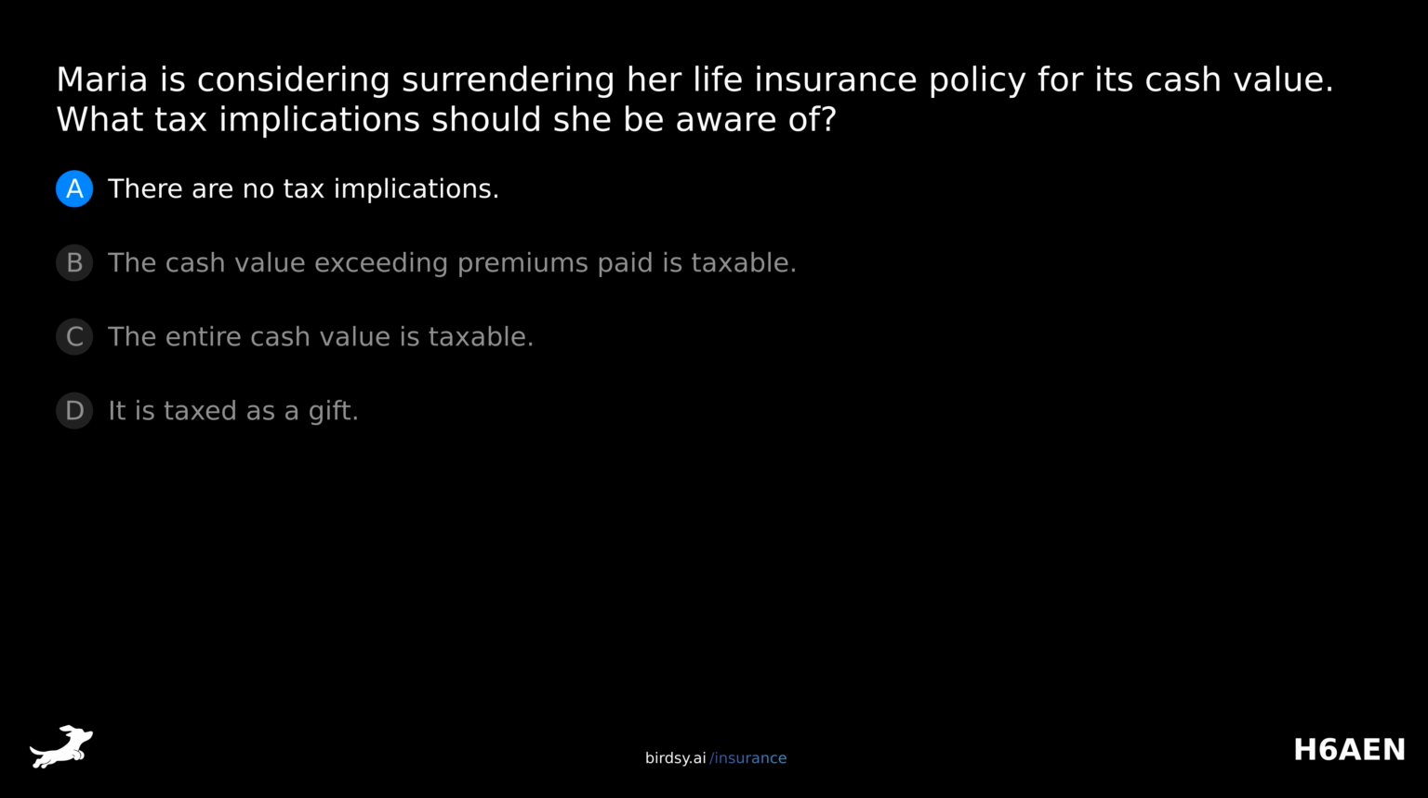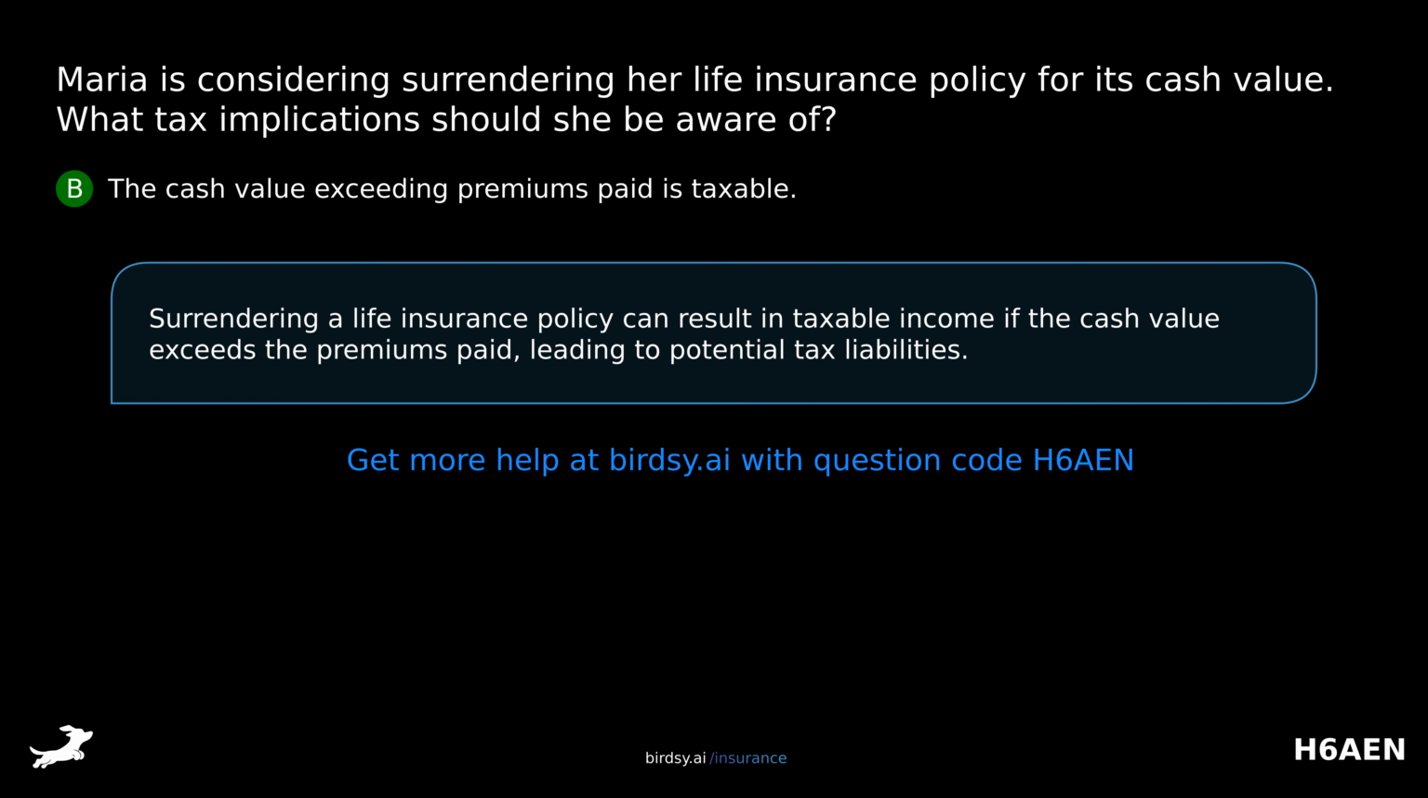Is it A. There are no tax implications? B. The cash value exceeding premiums paid is taxable? C. The entire cash value is taxable? Or D. It is taxed as a gift? The answer is B. The cash value exceeding premiums paid is taxable. Surrendering a life insurance policy can result in taxable income if the cash value exceeds the premiums paid, leading to